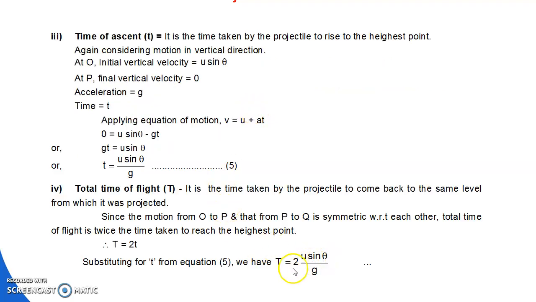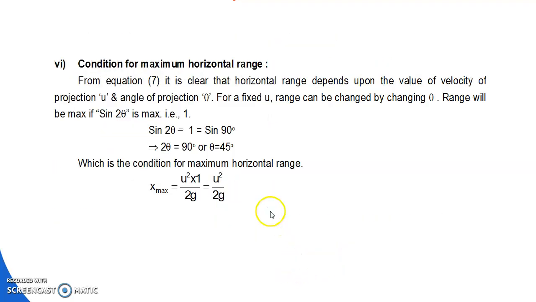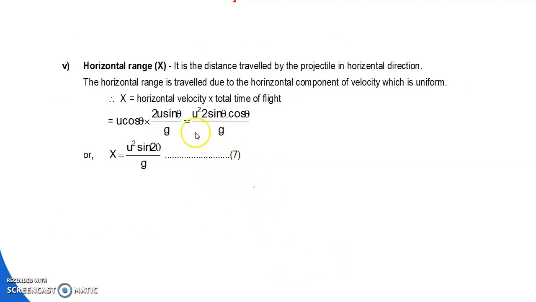We have discussed that in this case total time is equal to 2u sin theta by g. So in place of total time we write 2u sin theta by g. So u into u, u square, 2 sin theta into cos theta. All of you know from trigonometry, there is a standard formula: 2 sin theta into cos theta is equal to sin 2 theta. So the horizontal range x is equal to u square sin 2 theta by g. Now the question is,